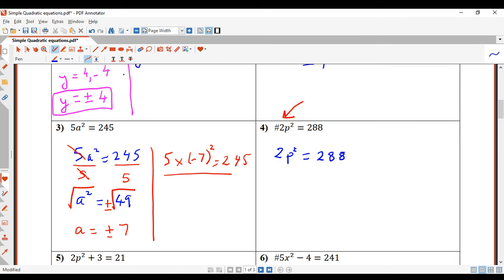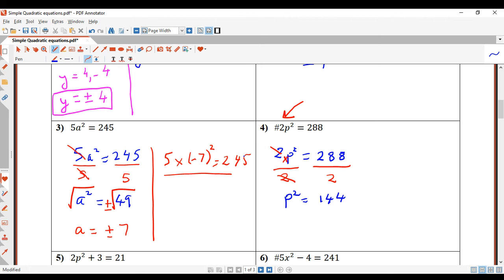Okay, now, first things first, we're going to divide by 2, because I want to get the, don't forget there's a times sign between those two, that's why I'm dividing by 2. The opposite of times 2 is divide 2. So divide both sides by 2, that cancels. We're left with p squared equals